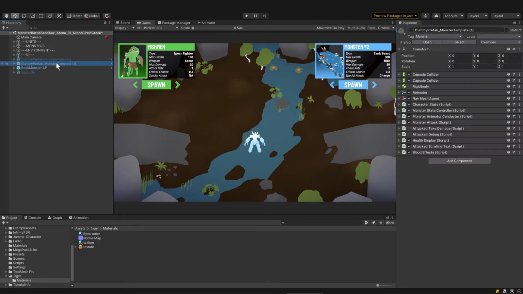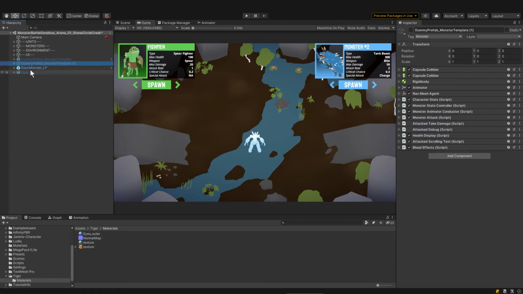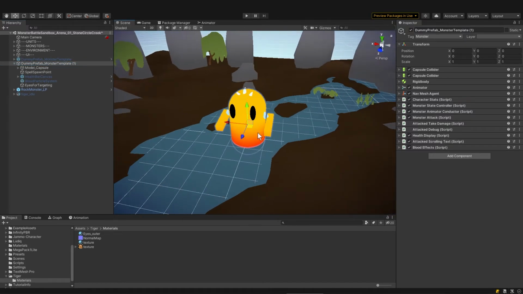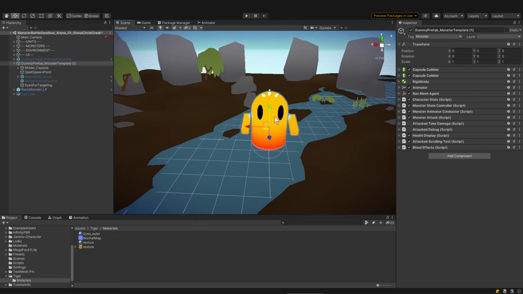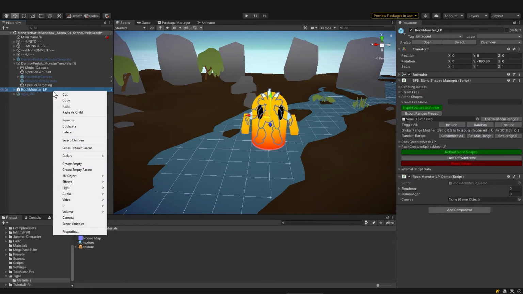Right-click on one of the dummy prefabs and go to Prefab and do Unpack, not Unpack Completely, just Unpack. I'll talk about why in a moment. I'll activate the dummy with my shortcut, and I want the dummy zeroed out on the transform, so on the position and the rotation. On the rock monster, I also want to do unpack, but this time I want to